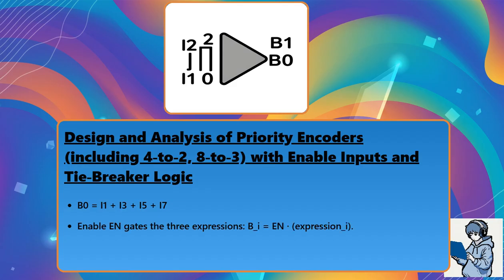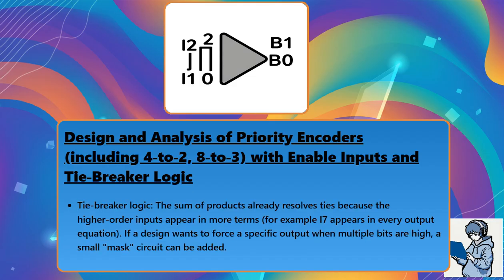Enable gates the three expressions. Bi equals enable times expression I. Valid flag V equals enable times (I0 plus ... plus I7). Tiebreaker logic: the sum of products already resolves ties because the higher order inputs appear in more terms. For example, I7 appears in every output equation. If a design wants to force a specific output when multiple bits are high, a small mask circuit can be